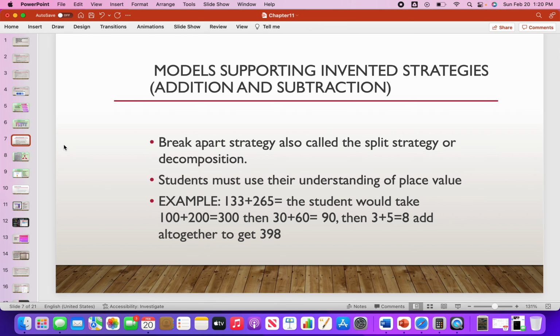Models supporting invented strategies, addition and subtraction. Break apart strategy, also called the split strategy or decomposition. Students must use their understanding of place value. Example,